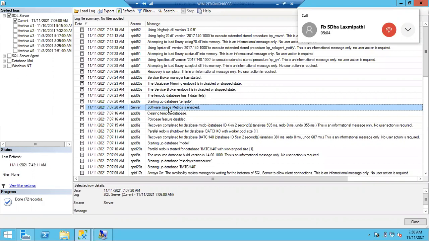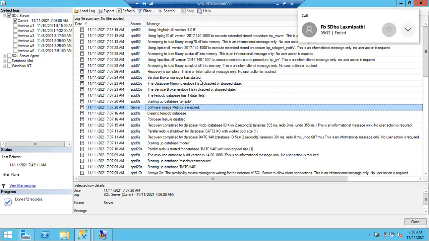By default it is Windows authentication, and then only you can connect to the SQL Server.